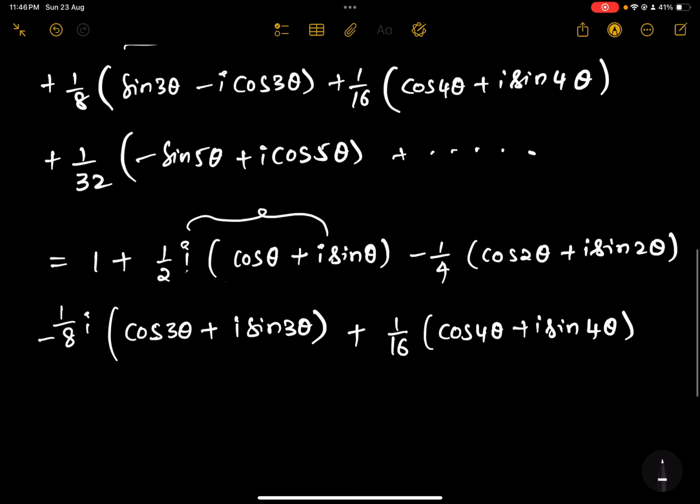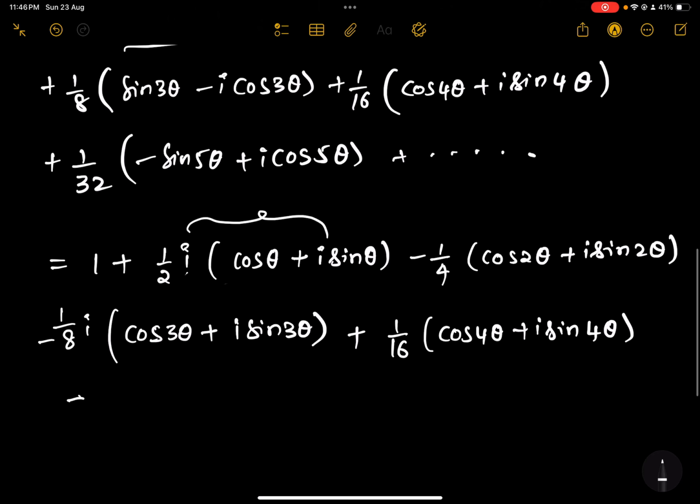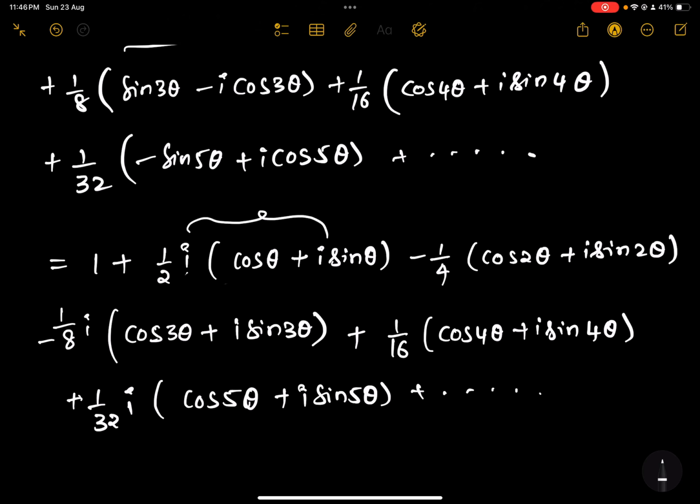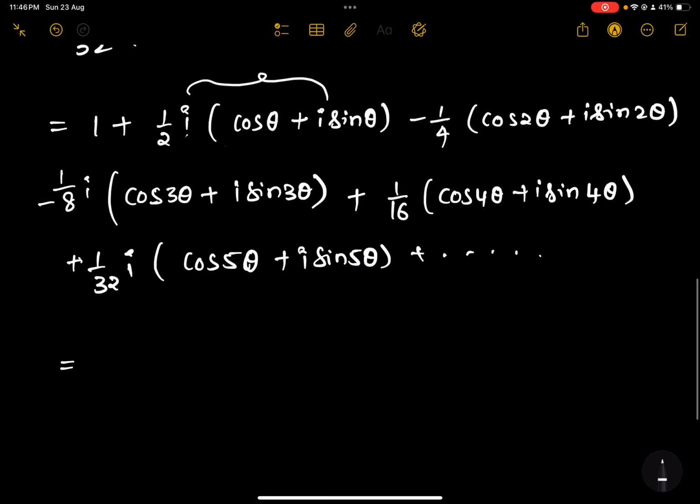Next I'll take plus 1 upon 32i common, and then cos 5 theta plus i sin 5 theta. This is what you'll get. See how beautiful this is. So now this equation becomes q plus ip